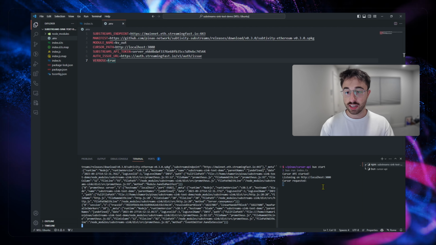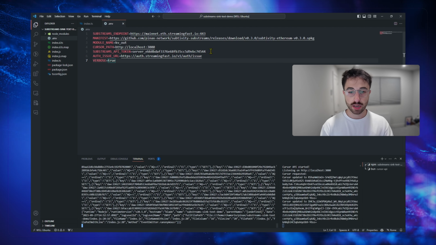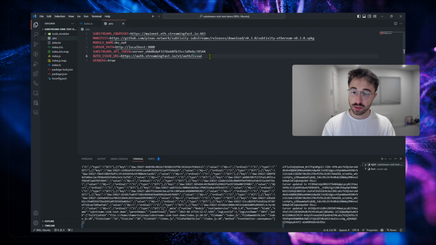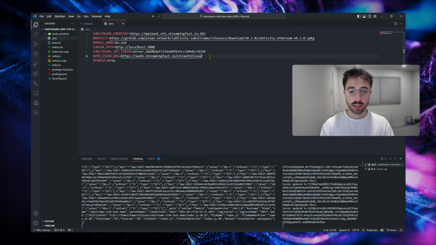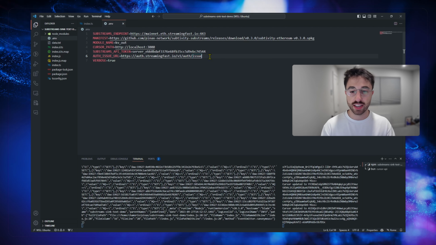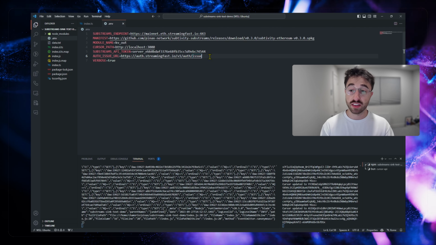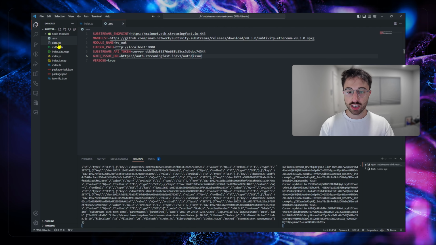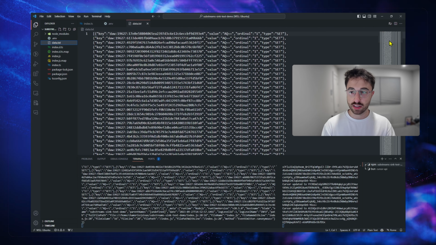And also, as you can see in the .env file, I'm using the auth issue URL and the API key to specify that I want to generate my token using the streaming fast auth endpoint and API key instead of the default values.